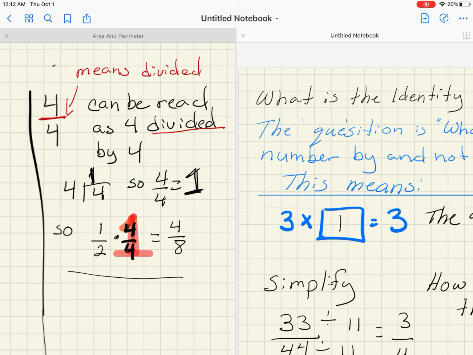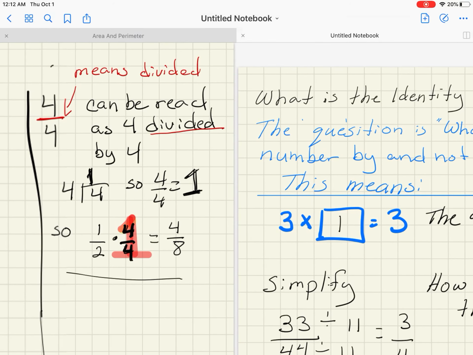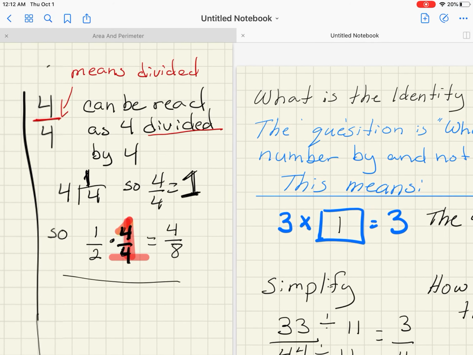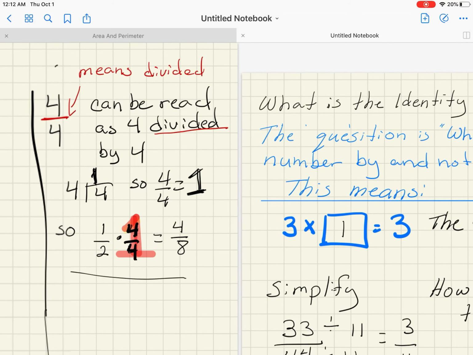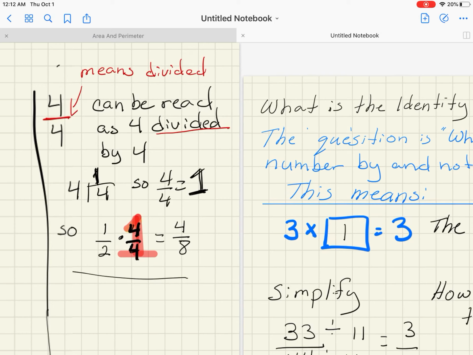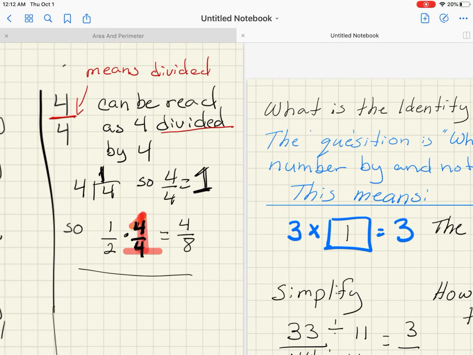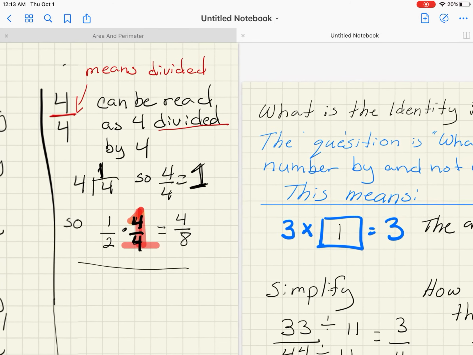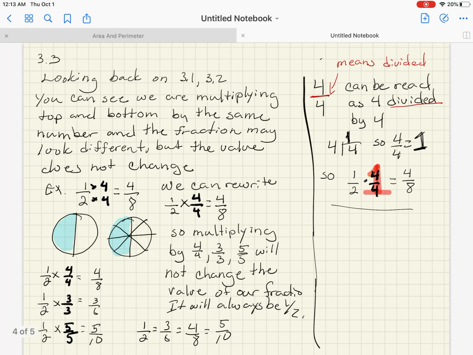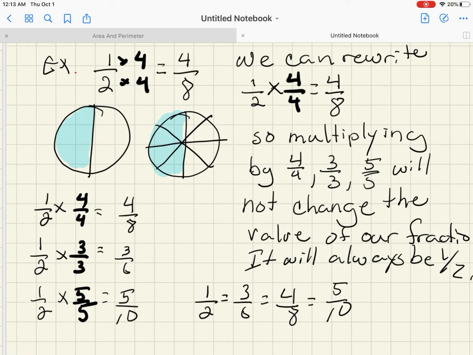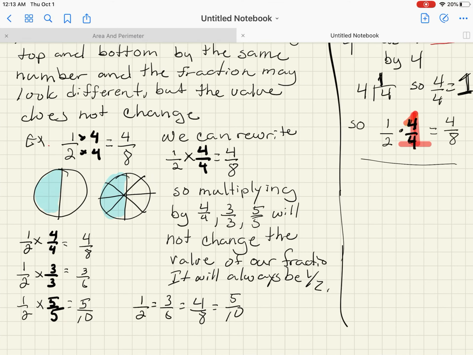And that's why we often use the word equivalent, because 1/2 does look different than 4/8, but they are equivalent. And 4/4 is 1. So there you go. That's the multiplicative identity as 1. And by using it, you will be able to generate equivalent fractions. And that's where we'll stop for the